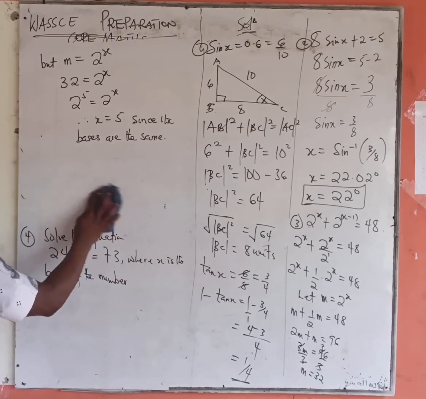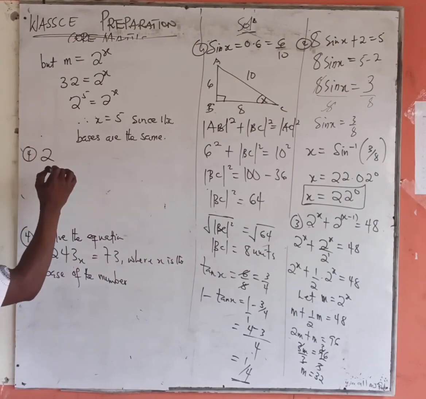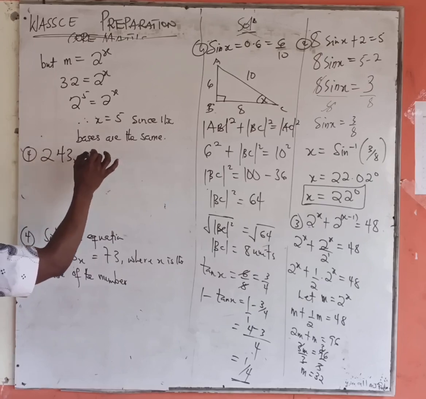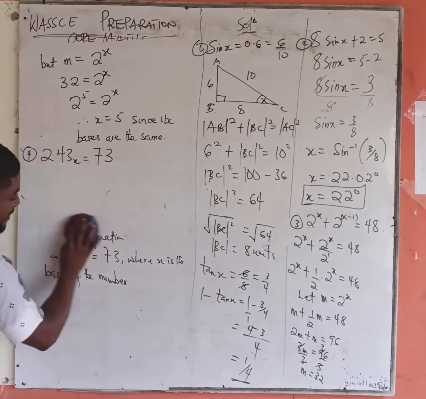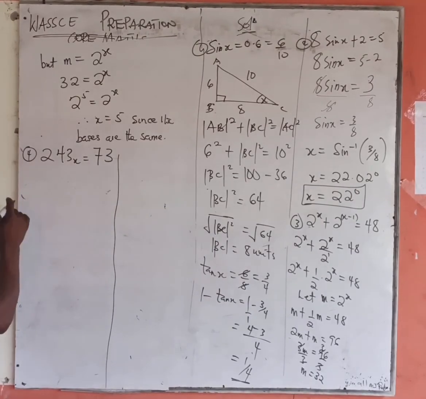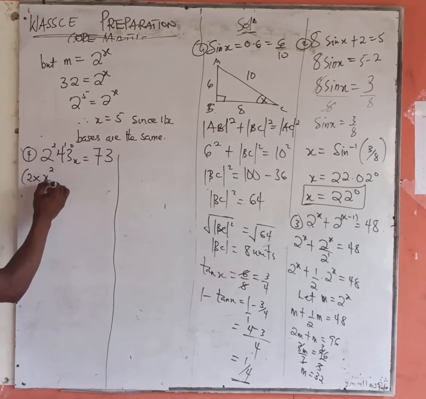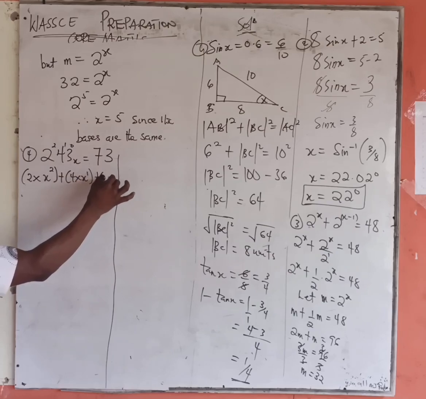Let's take the final question. Solve the equation 243 base x is equal to 73, where x is the base of the number. So I know my right hand side of this equation is already in base 10, and my left hand side, I don't know the base, so I have to convert it to base 10 so that I can get my work done. So by conversion, 2 times x to the power 2 plus 4 times x to the power 1 plus 3 times x to the power 0